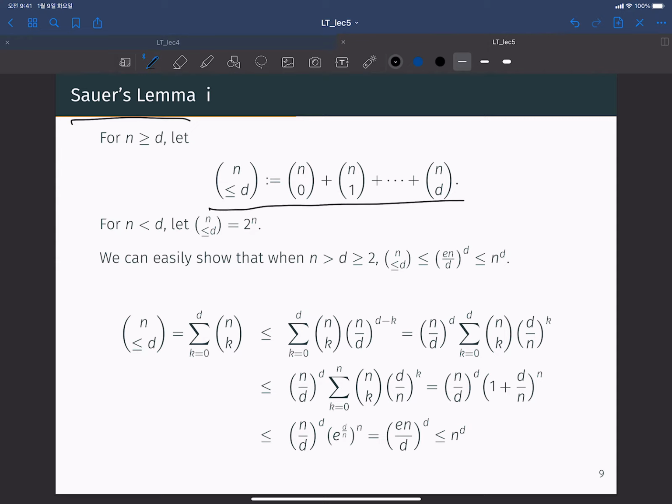I will use n choose less than or equal to d, which is equal to the summation of n choose 0 plus n choose 1 plus up to n choose d. Especially for n smaller than d, it is